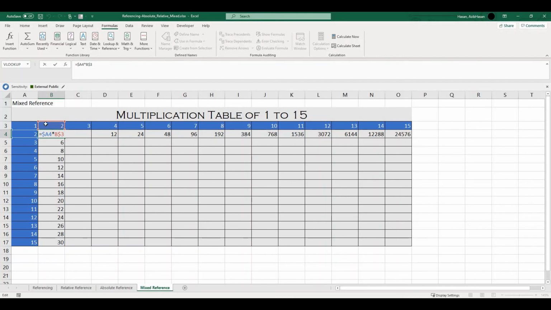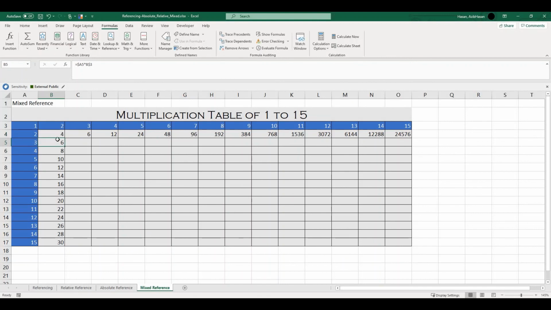And the second part, I'm saying this particular thing, which is B3. So I want the B to change when I move right. And when I go down, I don't want B to change. I want this to remain constant. So that way, when I multiply, when I go down, it will be 3 into 2. It will be 4 into 2 on this cell, 5 into 2. Okay, and when I move right, it will be 2 into 2. When I move right, this will remain constant and this will change, right? So it will be 2 into 2, 3 into 2, so something like that.